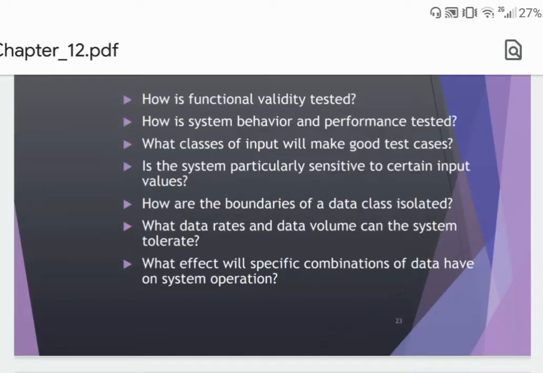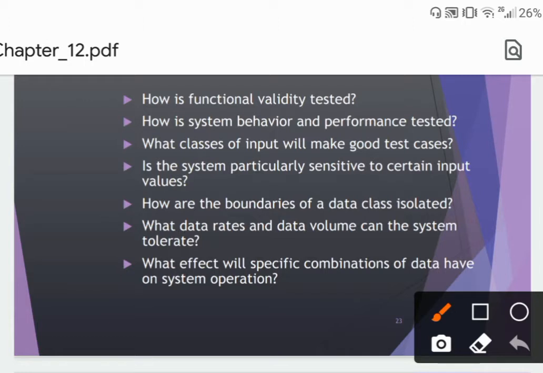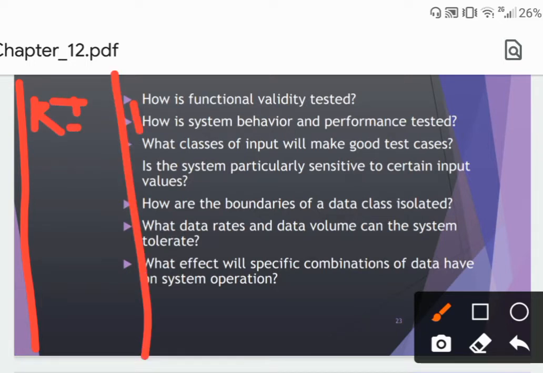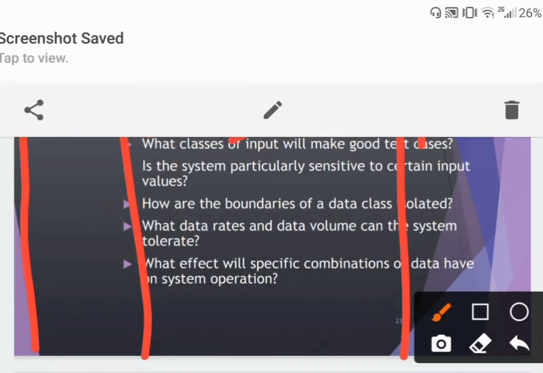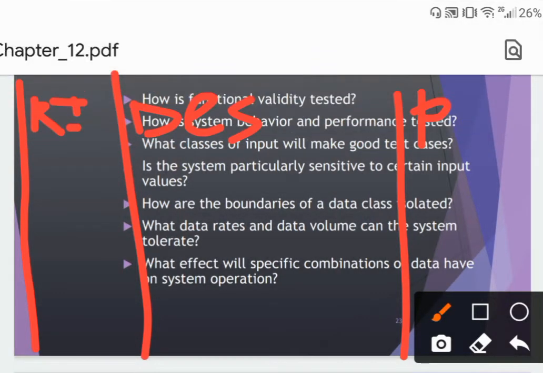So here we will see an example of black box testing. First of all, we define it with a simple requirement specification for the lock and key system, such as the serial number, then the requirement identification, next the description, and next the priority.